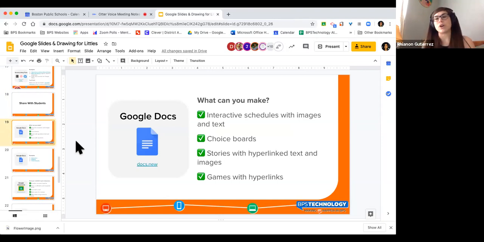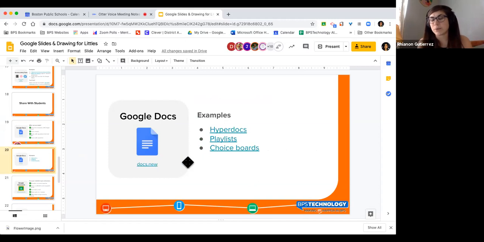You can use Google Docs to create that choice board or their schedules where you do include links to things, where you include links to your slide presentations, your narrated slideshows, your videos, your audio, your drawings. All of those things can be linked inside of a Google Doc to direct families or students to do something. And you can make it really engaging and interactive. We have some links for you where you can see some examples of some nicely designed choice boards if you are looking for some inspiration to try it a little differently.